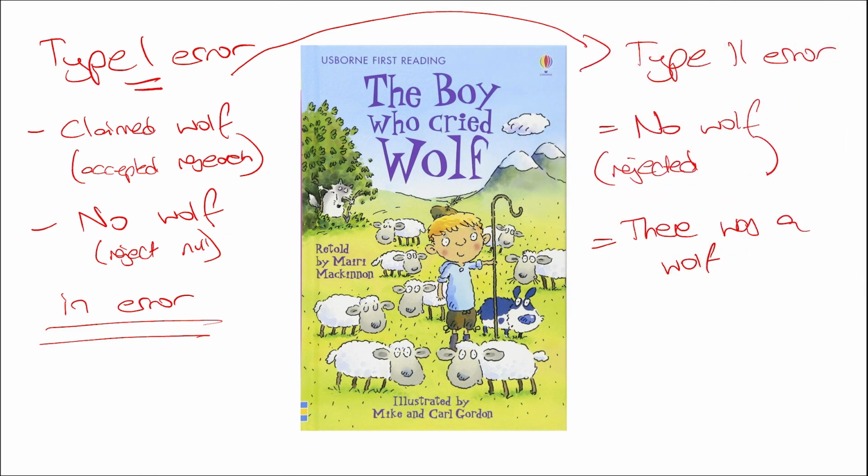Sorry. So they said that there was no wolf. They said that there was nothing interesting here, when actually there was. So at the beginning of the story, there wasn't a wolf, but they said